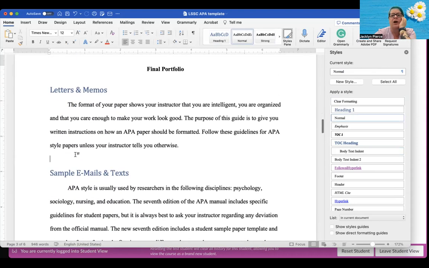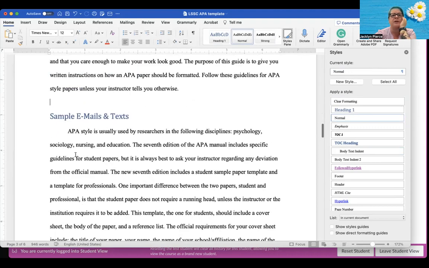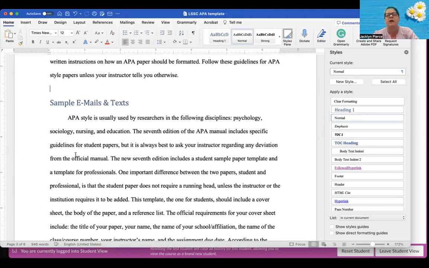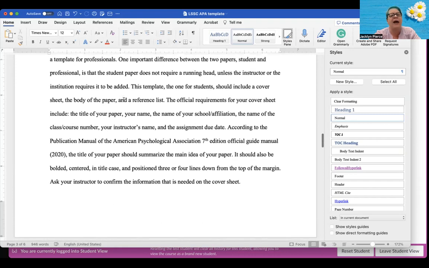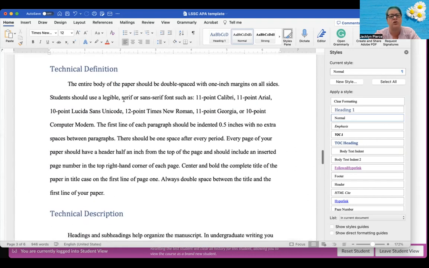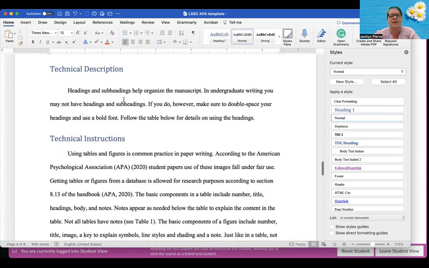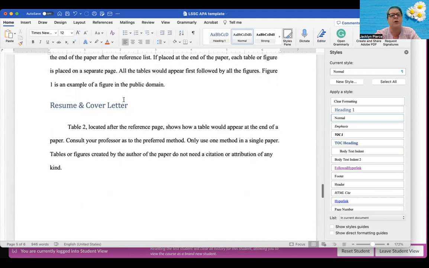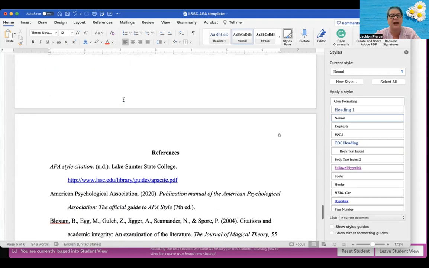Obviously, you really only need headings in this document, but typically when you open a brand new Word document, you're going to have access to heading 1, 2, 3, 4. So if you have subheadings, you create heading 1 as the main heading, heading 2 as the subheading. And typically you don't have to go below that, but as you get more complicated in your writing, it's entirely possible. You have to know how to do this because you are going to be doing this exact same thing in the final,